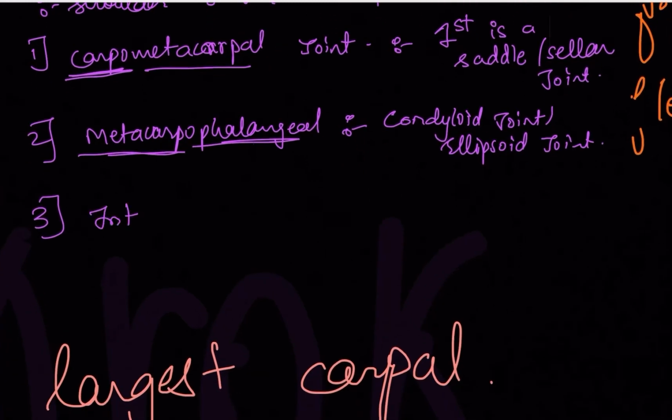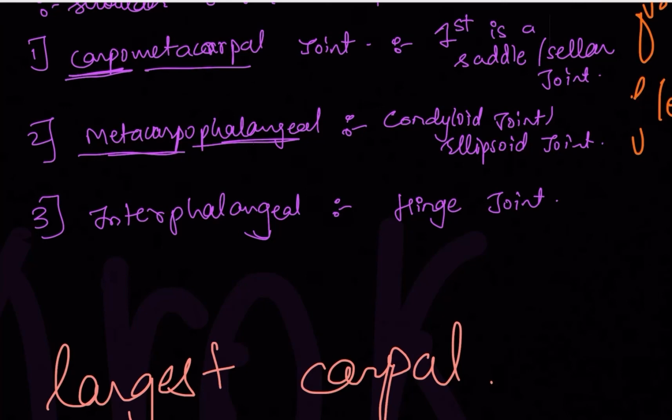Then you have to remember the interphalangeal joint. Every finger has proximal, intermediate and distal phalanges, and between them also there are joints present. The interphalangeal joint is a hinge joint. Hinge joint, we did it in the very previous video, right? The elbow joint, a joint which moves in one direction, is called a hinge joint. Can you move your finger backwards also? No, you cannot. You can only bend your fingers towards your palm side.